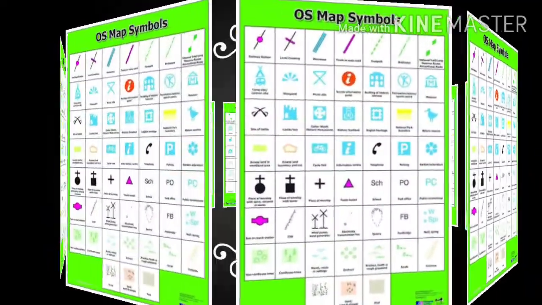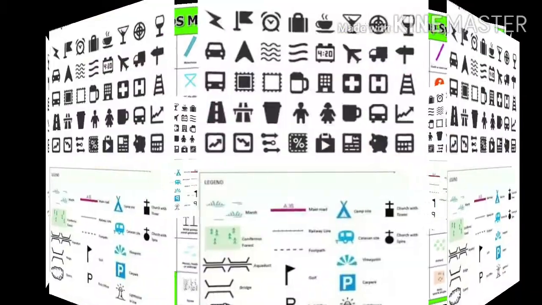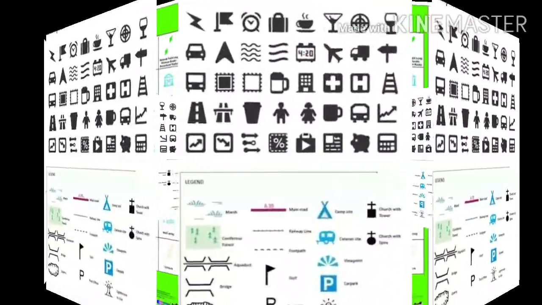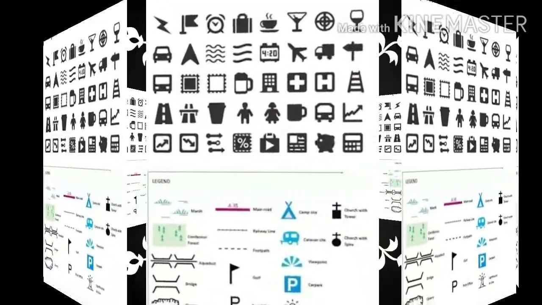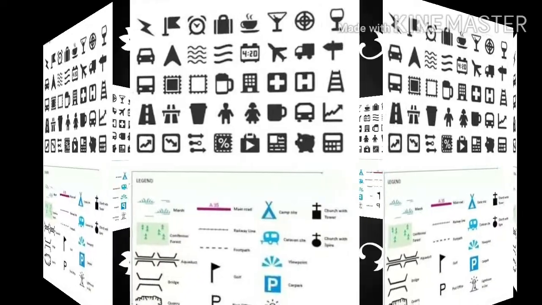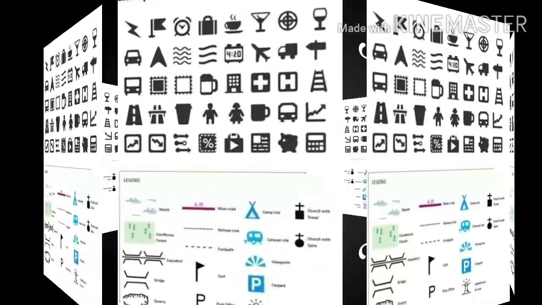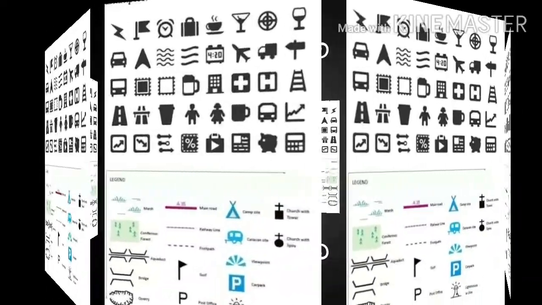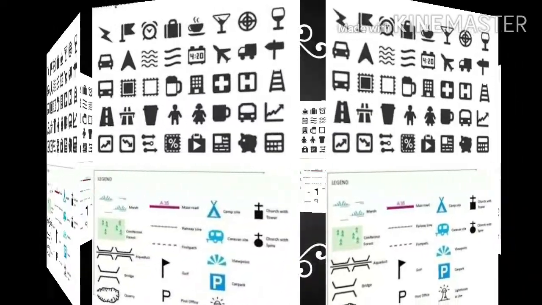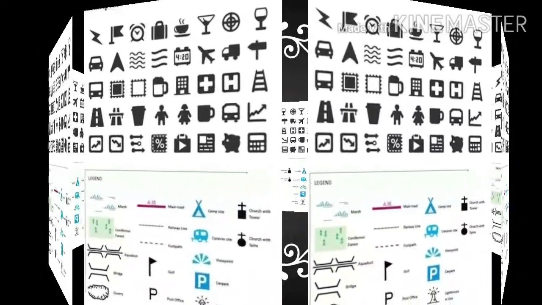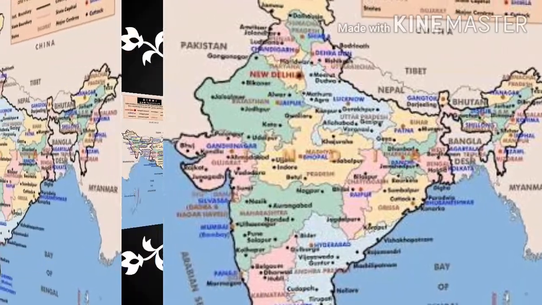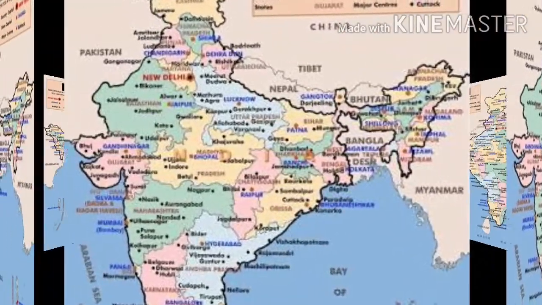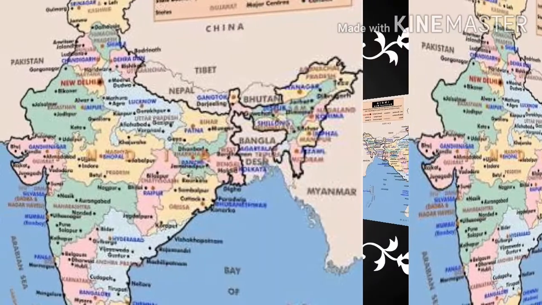For example, a population map. A population map is showing the density of population. Do you know density of population? The density of population means the number of people who are living per square kilometer. In 1 square kilometer, how many people are living? That is called the density of population. Here is the map. We can see the density of population in India. Just read the textbook. What is the density of population in India in different states?